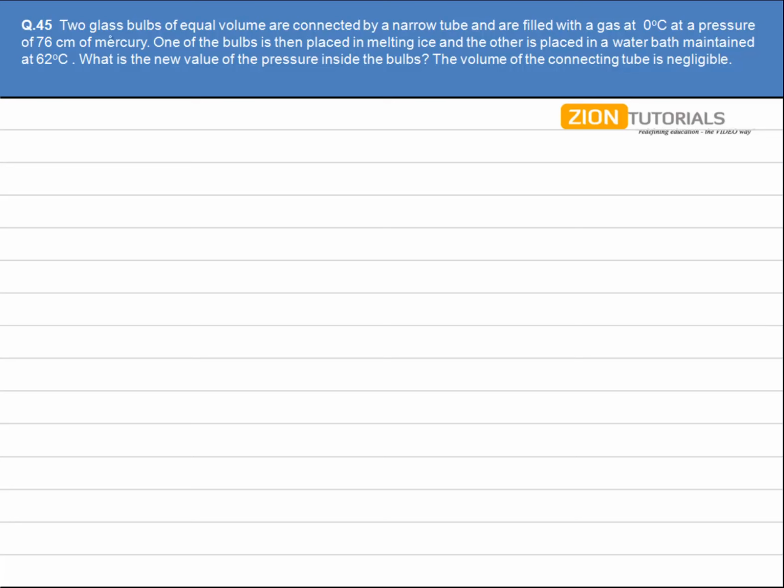Now let us see another question. Two glass bulbs of equal volume are connected by a narrow tube and filled with a gas at 0 degrees Celsius at a pressure of 76 centimeter of mercury. Basically, these are two bulbs, and these are connected. Initially, the pressure is P naught equal to 76 centimeter of Hg, and both the bulbs have the same volume, and initially it was 0 degrees Celsius, and here also 0